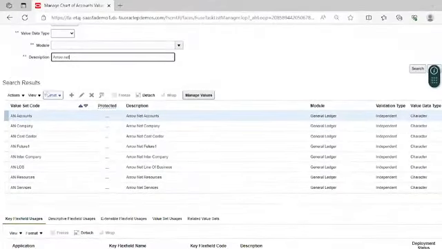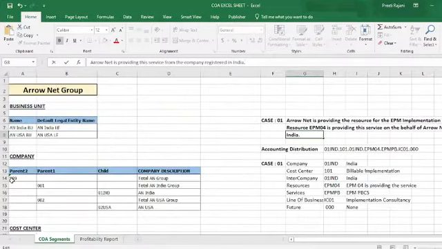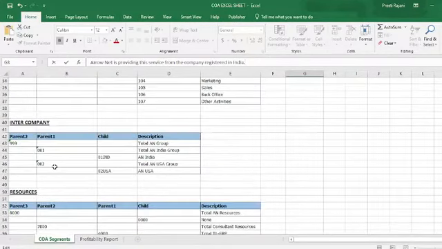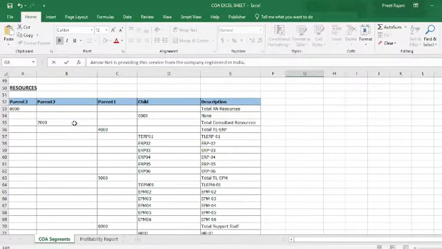These are the segments that we have configured in our chart of accounts. We have added the values for company, cost center and intercompany, and today we have to start with the resources.